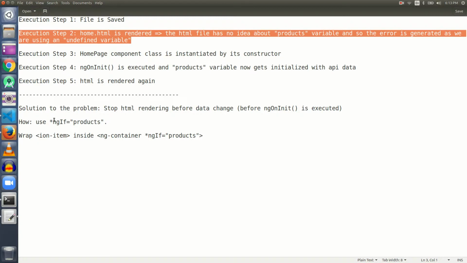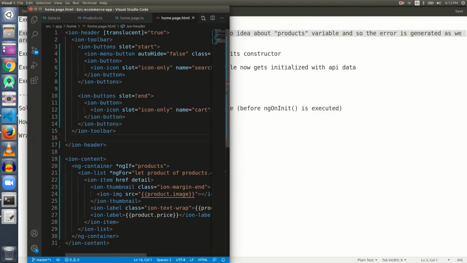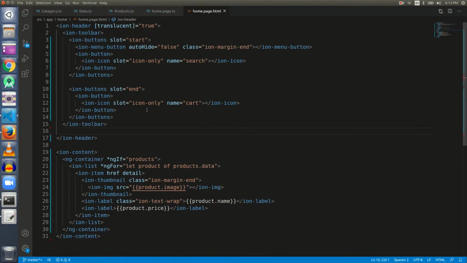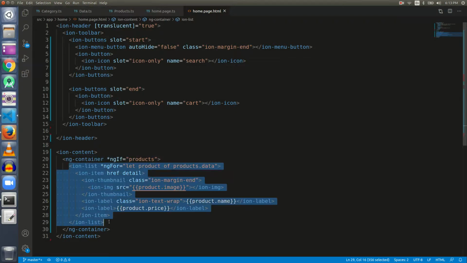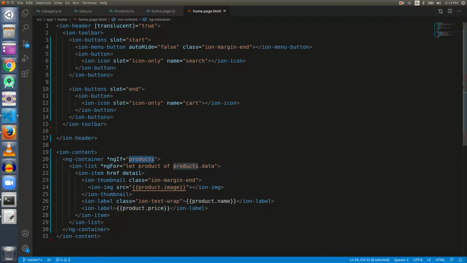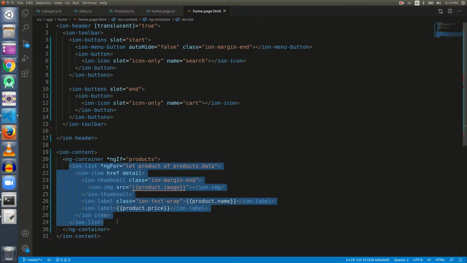What does this do? Let's go inside the code and come back here. What this does is it checks for the value of products before executing this code. You can think of this as an if-else statement. If products is equal to null, do not execute this code.